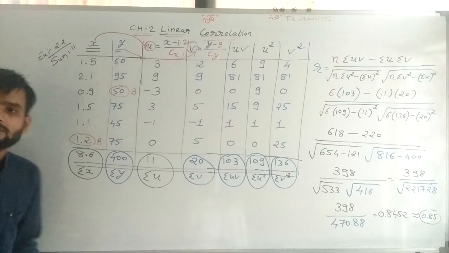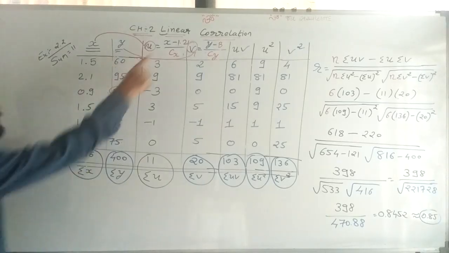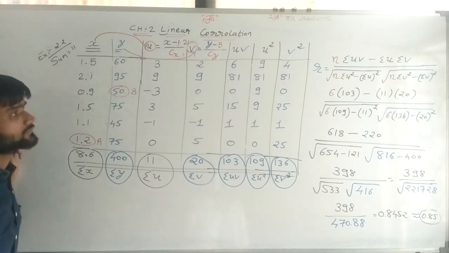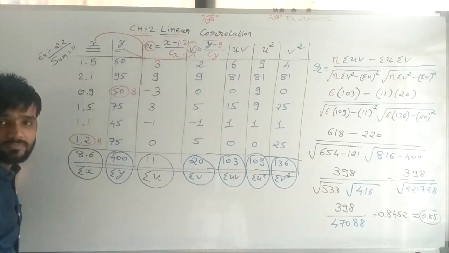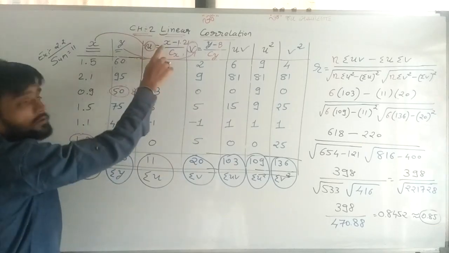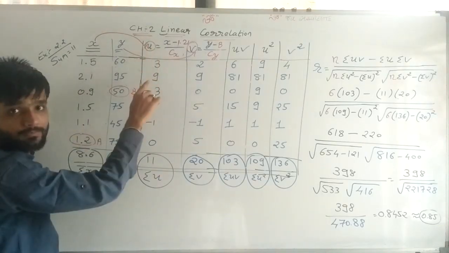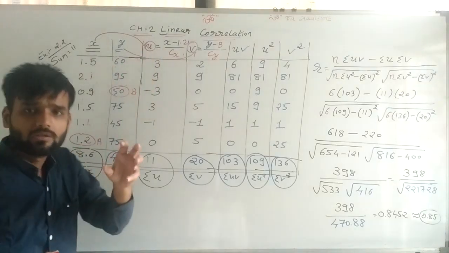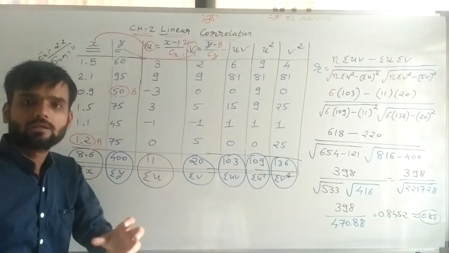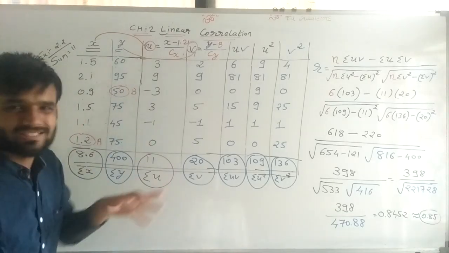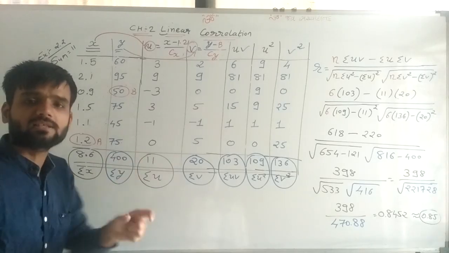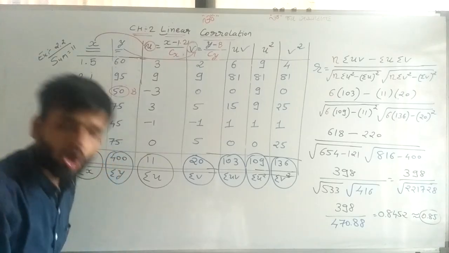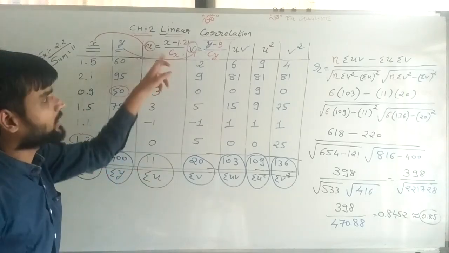So 1.2 is my assumed value. Now cx. Here we are deducting from x. That's why divisible by cx is written. It is not a class length. This cx is a common factor with which we are dividing all the values of x. That is the common factor of x.